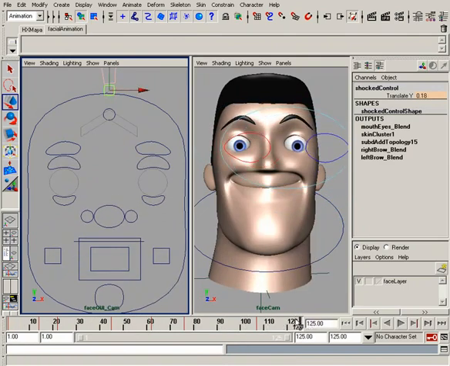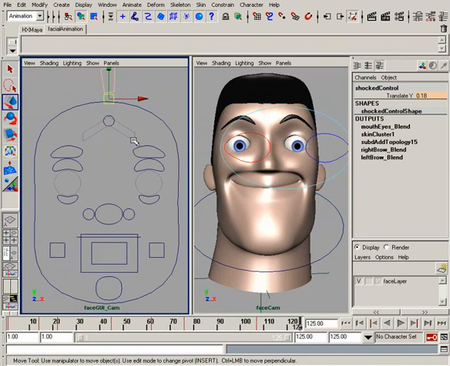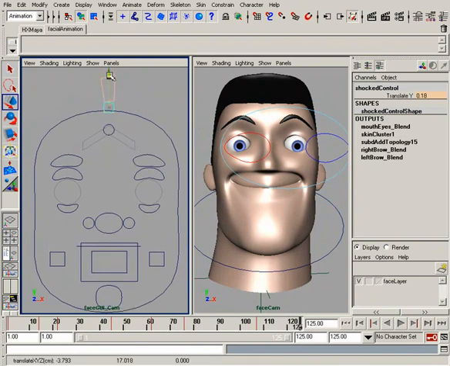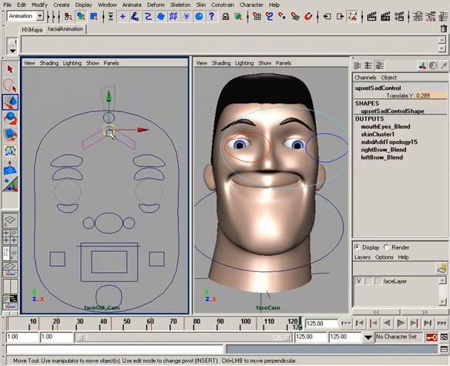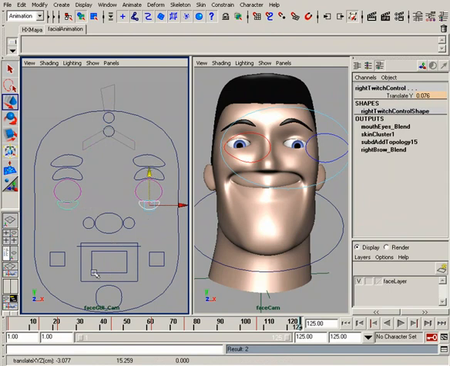So what we can do now is just really tweak out this smile a little bit more to add a little bit more subtlety to it. Okay, so let's bring down our shock control to its default of 0. And for our upset sad control, let's do a slight adjustment to that, bring it down just slightly, like that, really subtle. For our twitch control, let's select that, and we can bring that up just a little bit. Okay, and for our right smile frown controls, we'll adjust that too. Let's bring those down a little bit,